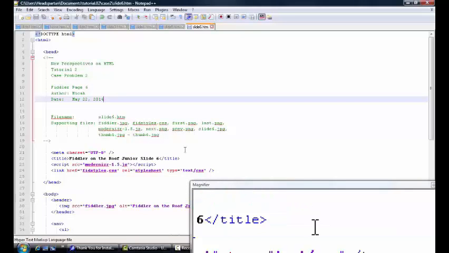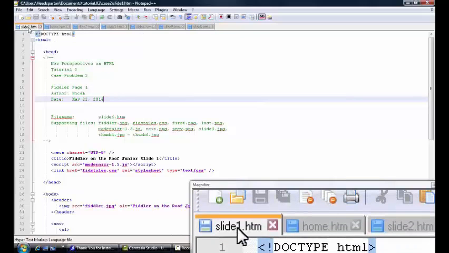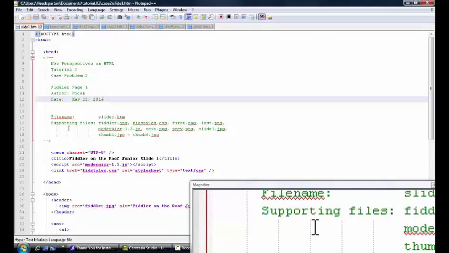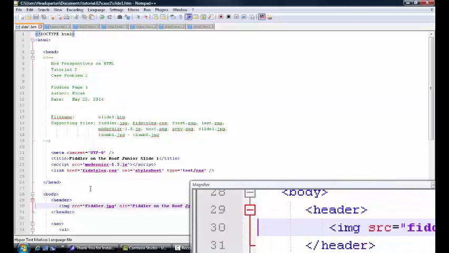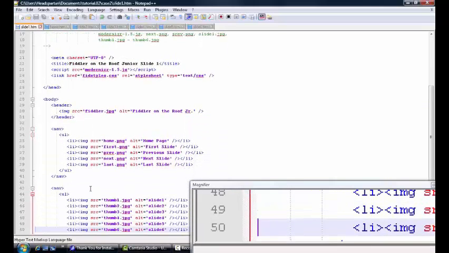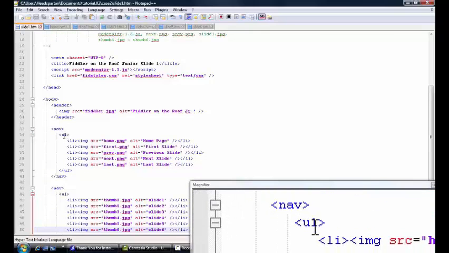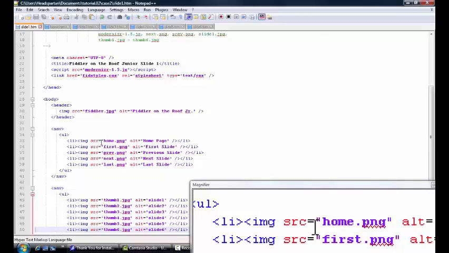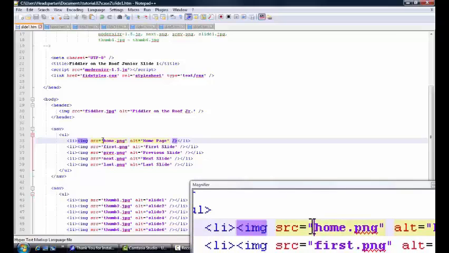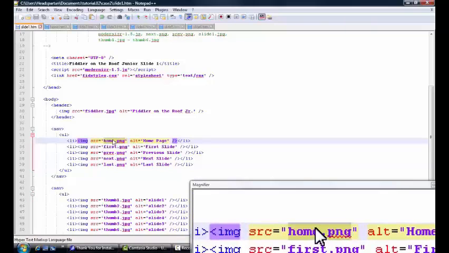Now, once you've completed step number 1, we're going to go back to the slide1.htm file. Now, our first step is to locate the inline image, which is home.png. Now, within this list, on the top coding, you can see the home.png within the image src coding. However, we want to